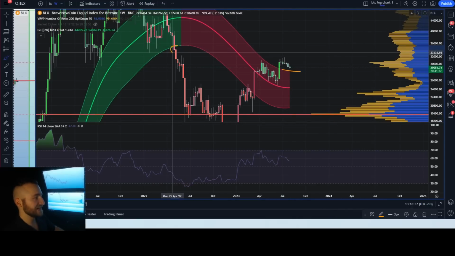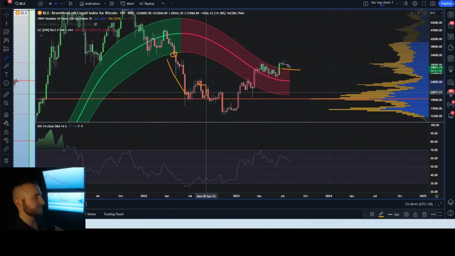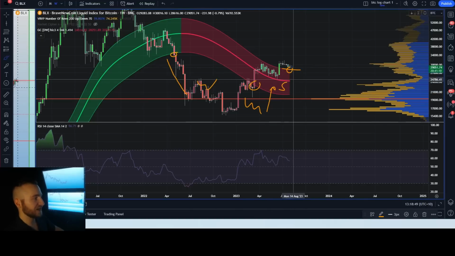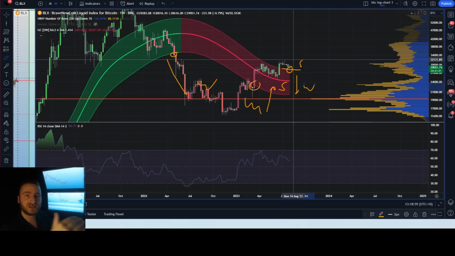If we see a breakdown, we see a shift to weakness. This is a shift to weakness. If we see a break from the bottom side in, that is a shift from weakness to strength. If we see a break from the top side down, that is a shift from strength to weakness. So a breakdown of 28.4 and a close below 28.4 is going to signify a shift between strength to weakness